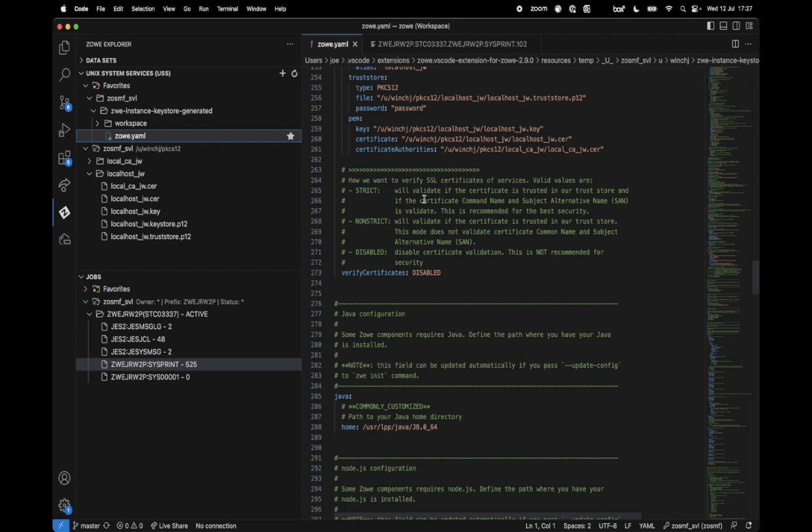Because we created our own certificate and our own certificate authority, it won't be a trusted certificate authority because we didn't give it a trusted root. Zowe will reject that certificate as being invalid internally with its own microservices. So we need to launch Zowe with verified certificates set to disabled, which is different from the default